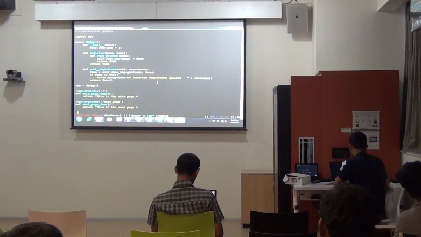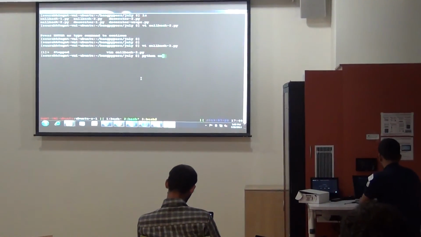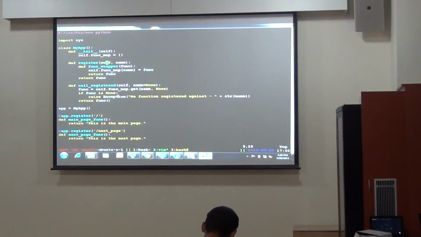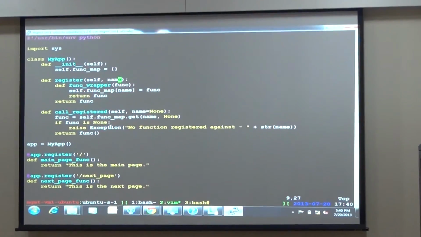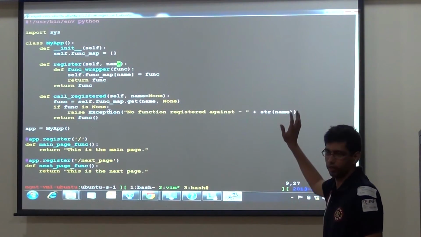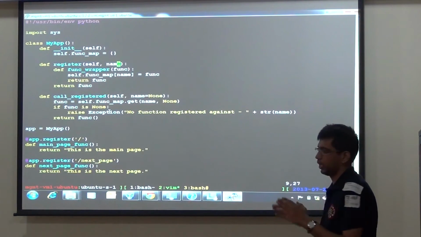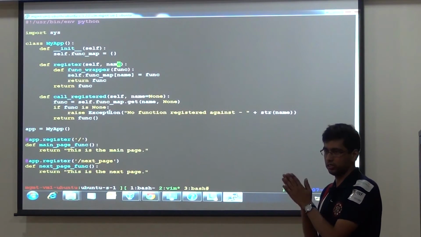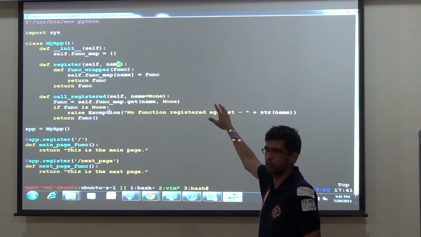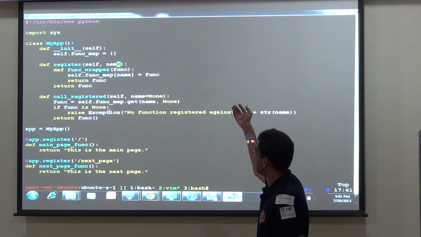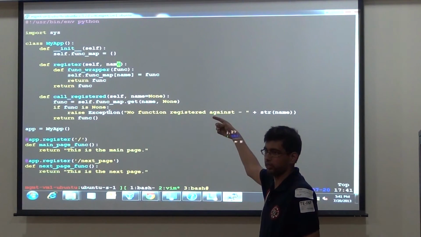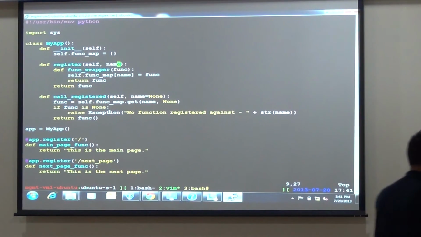If we do that, the problem is that, first of all, func is not present at this point, because in the register function's name scope there is no func variable, right? So what you said was that I want to register slash against this function. So first of all you have to say what you want to register, that is slash, which goes into name. Then you say which is the function that will be used to register that, then you pass the second function, and then you return your func wrapper.